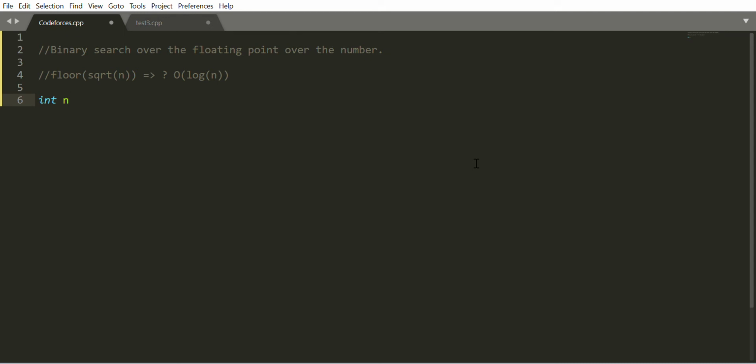Suppose the given number is n. For binary search we can do this because our square root will lie between 0 and 10 to the power 9. Then just move around the left and right pointers.